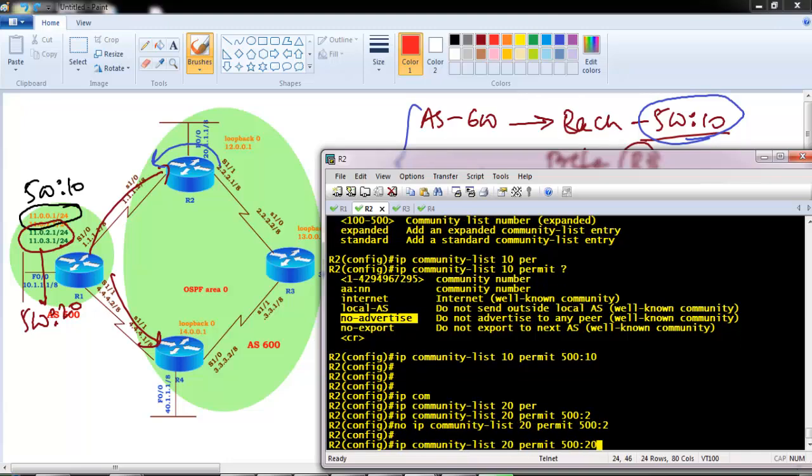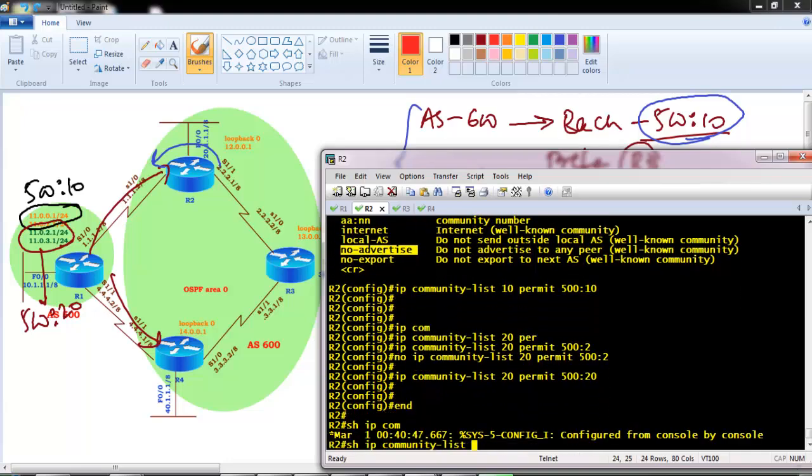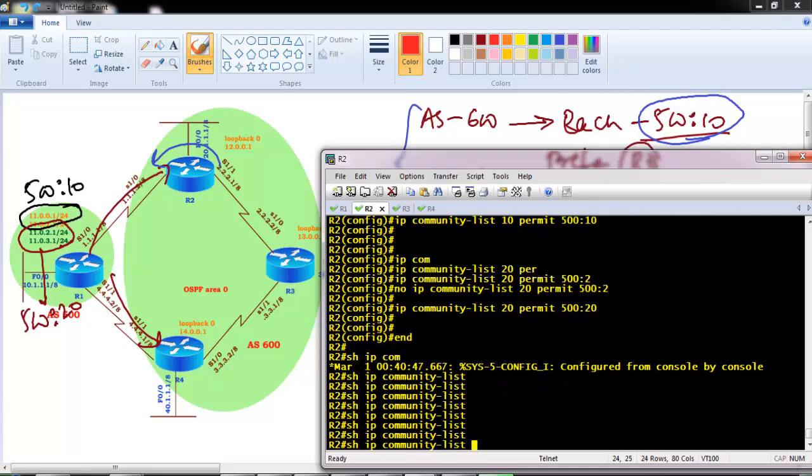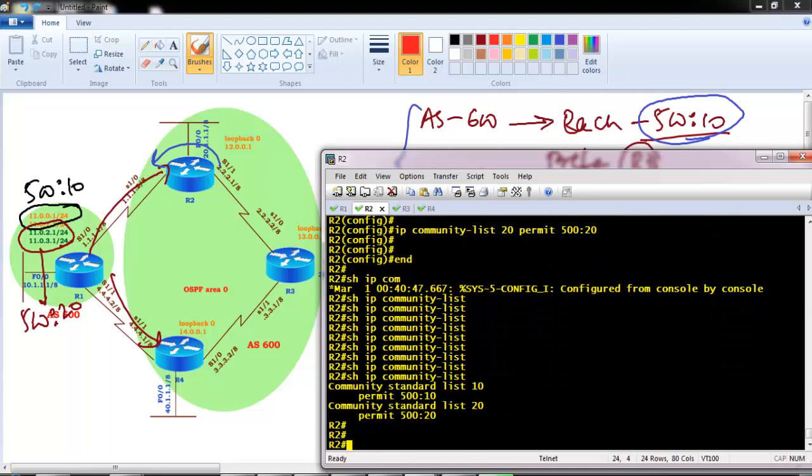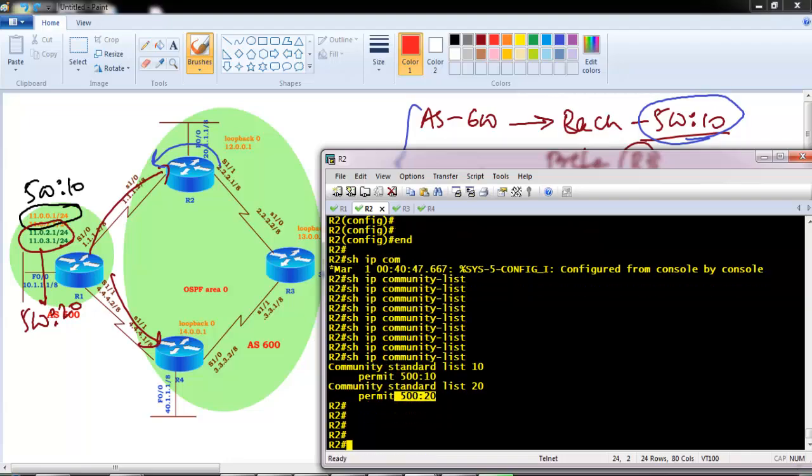It has to be 500:20. Done. So to verify, we can give a command called show IP community list to verify what are the different community lists, just like show access list. Now the community list is matching 500:10 and 500:20, which means all the routes which are coming with a tag of